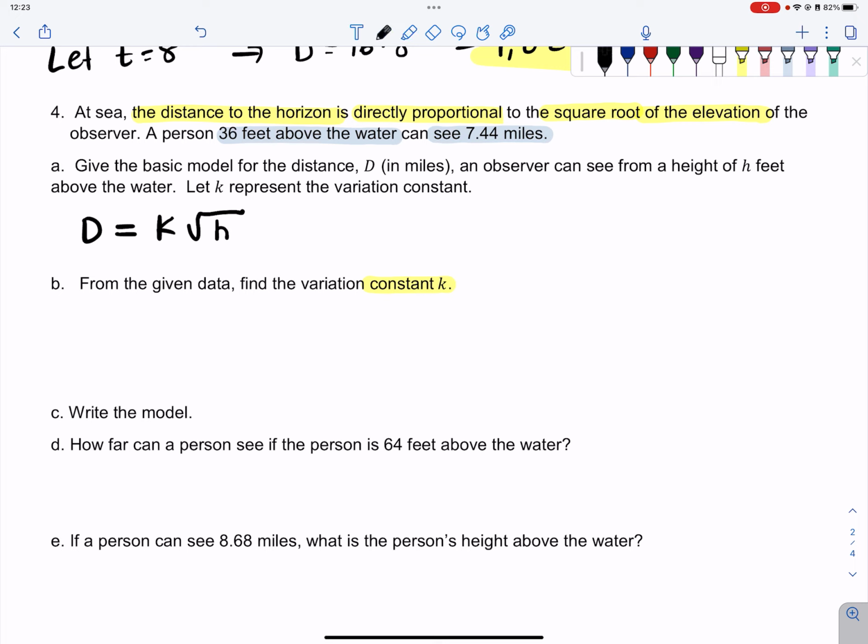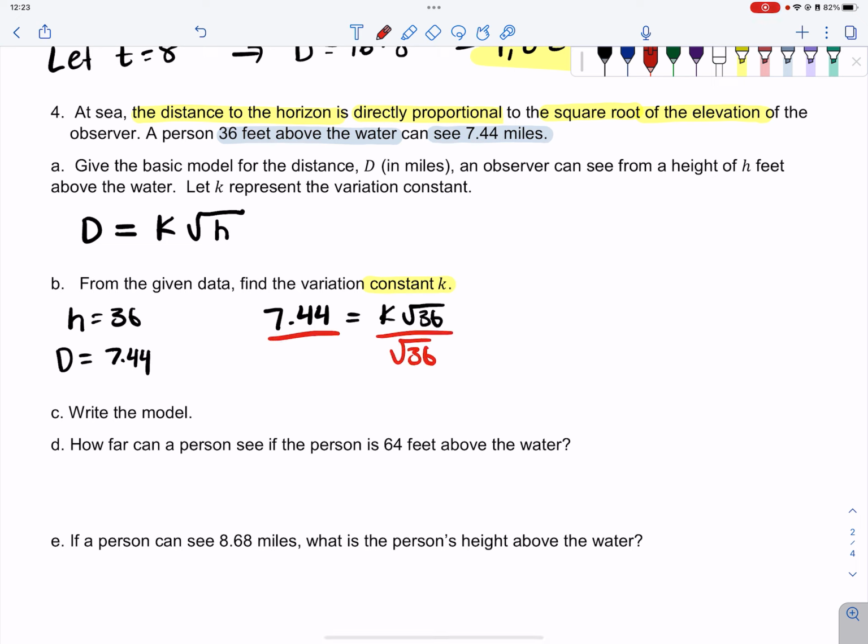Well, we have that when their height is equal to 36, then the distance that they can see is equal to 7.44 miles. So we can put those into our equation from part A to evaluate k. So this means 7.44 is equal to k times the square root of 36. Now to solve for k, which is being multiplied by the square root of 36,